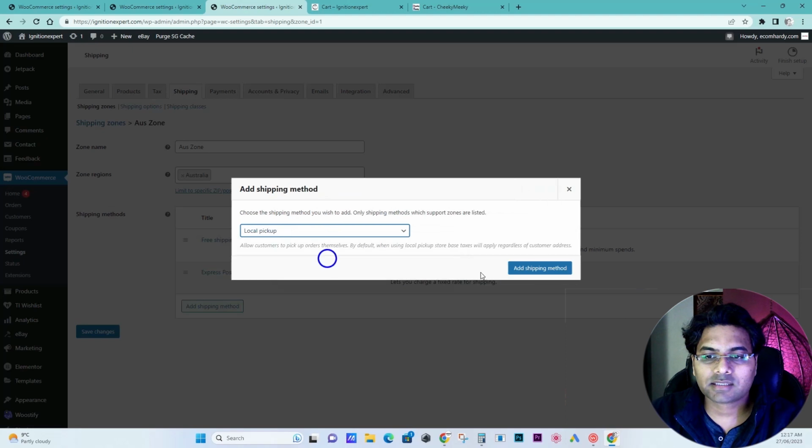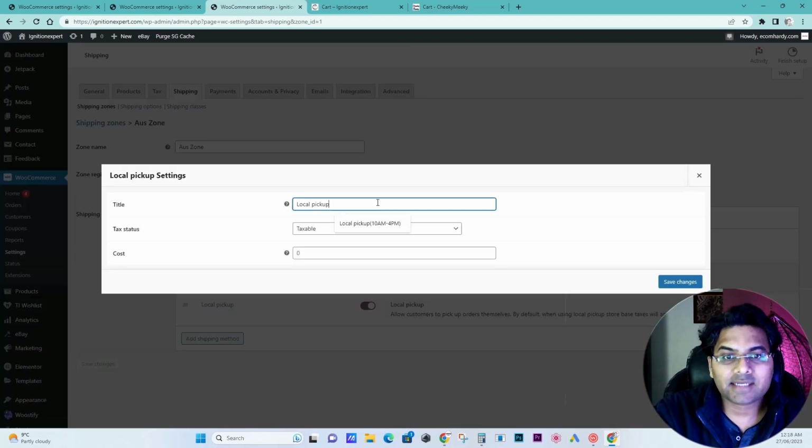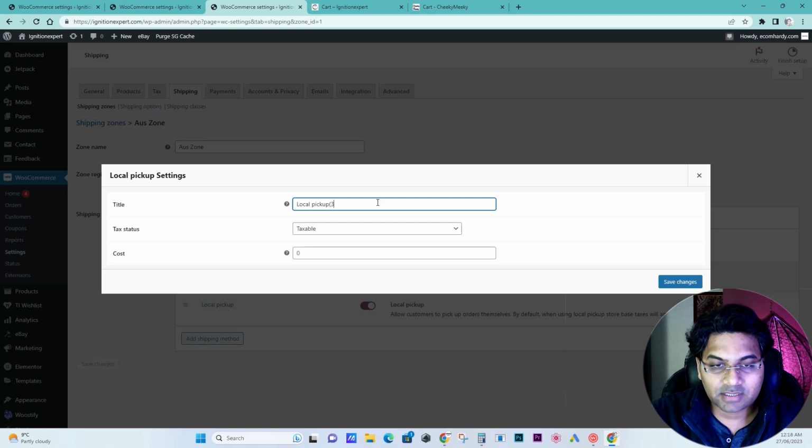So I don't know why it's not showing up. Okay, now it shows up. I will also add more information on the local pickup. So edit, and on the bracket I will say 3020 Sunshine, Victoria. Okay,